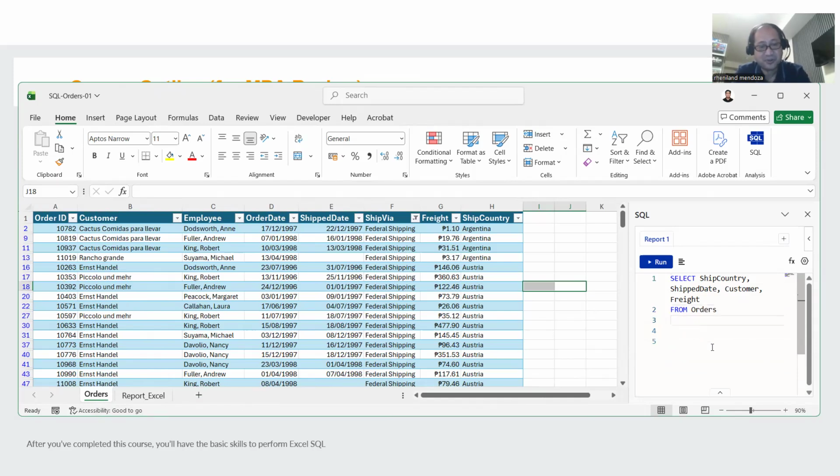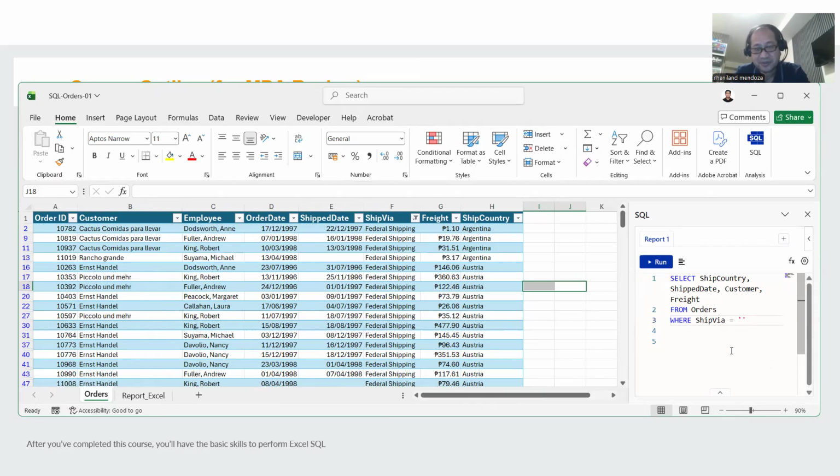The last keyword would be the where. This is the counterpart of the filter. So we will again choose this ship via column to implement our filter. So ship via, and then this is how we do this. You equate it to a certain value.